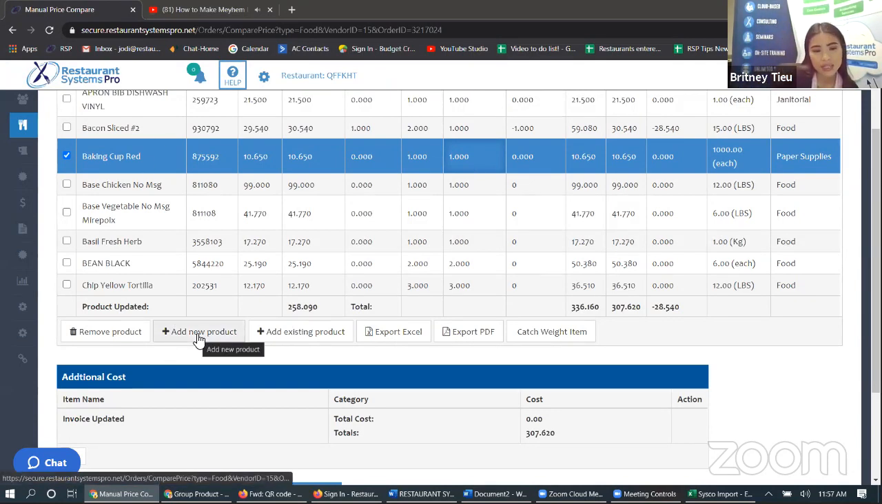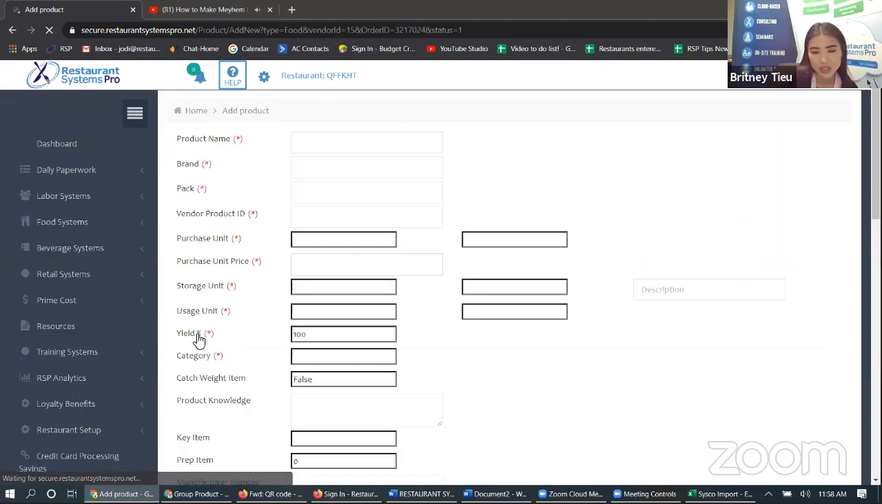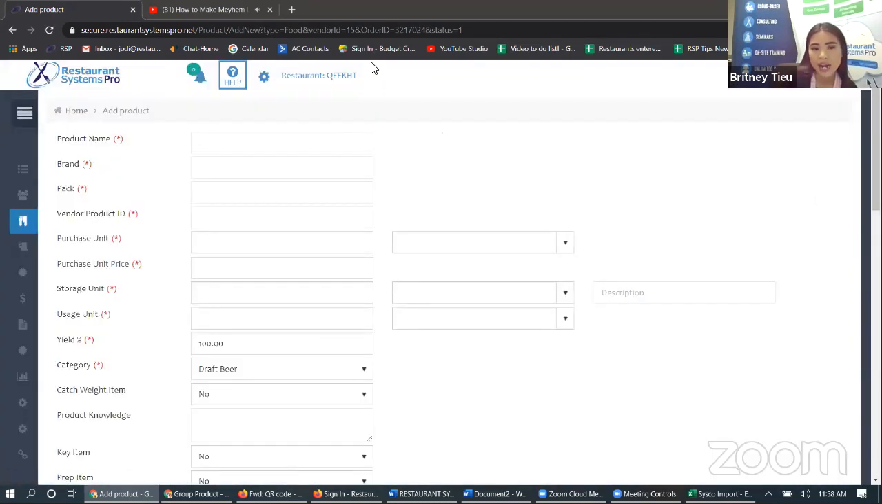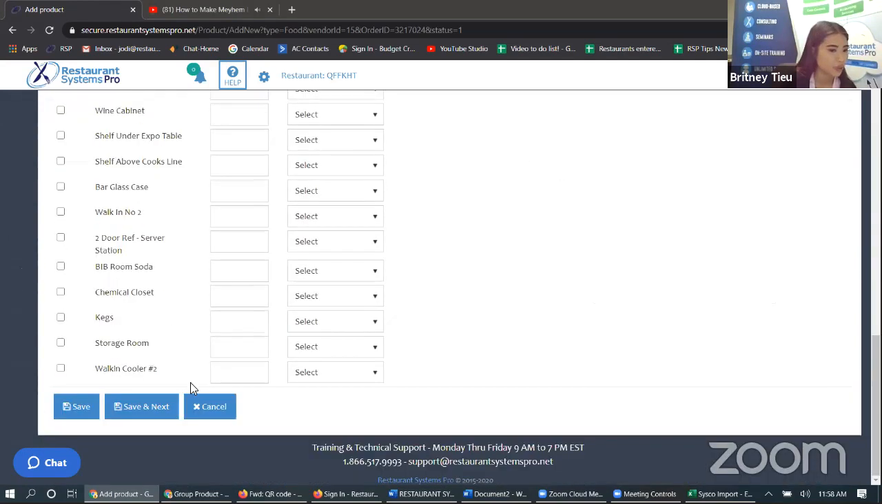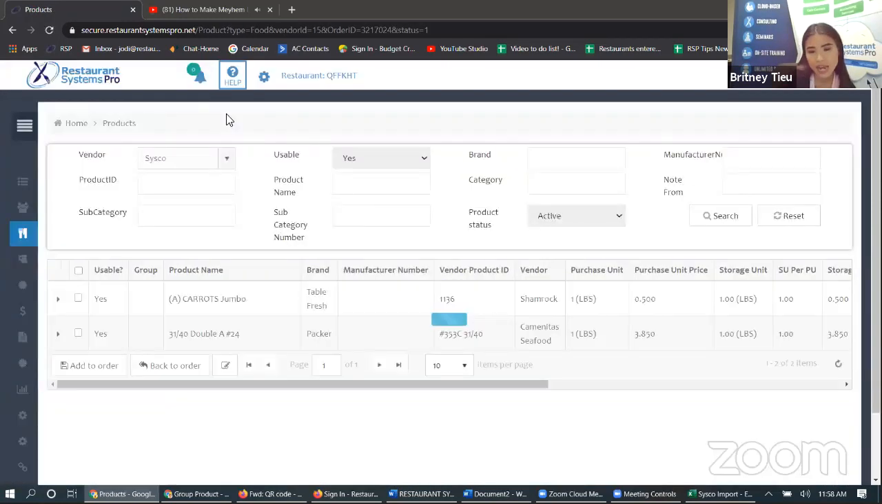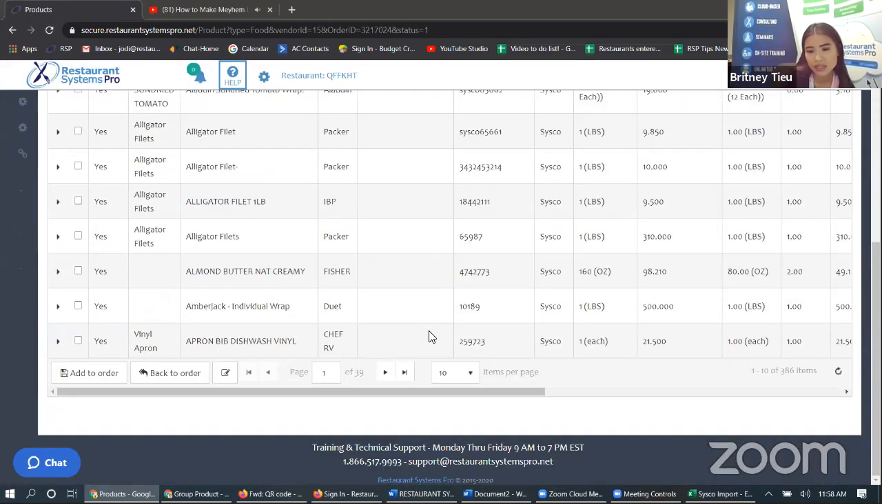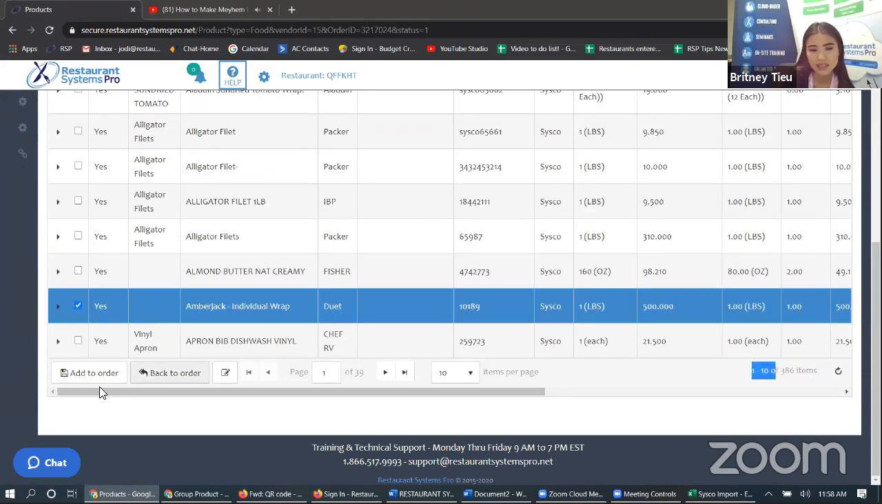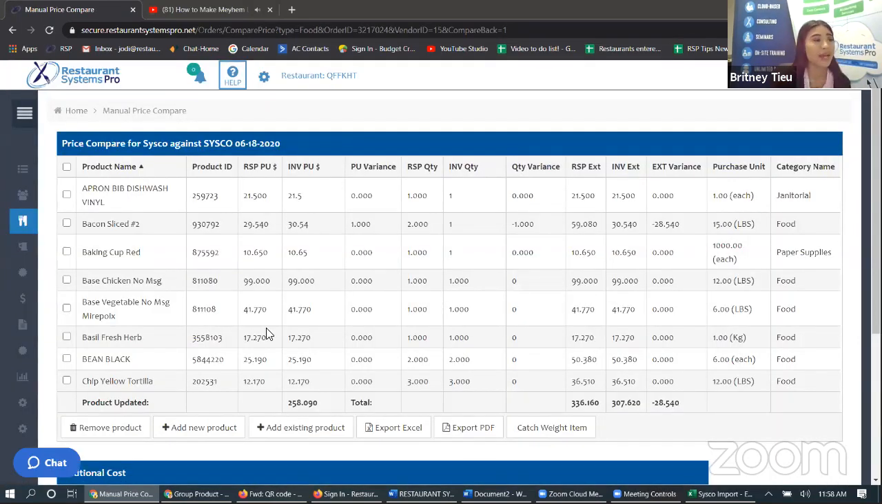Under add new products, if I click on that, again, you can just watch my screen for this bottom grid. It allows you to add a new product then and there. So originally, if I ordered the baking cup red, but I received the baking cup blue, I can go ahead and add that new product into the system. Also, I can add existing products. So I can click on add existing product, and every single product from this vendor, so 386, will generate, and that way I can select it and add it to my order if I receive that instead. Or maybe I called it in,